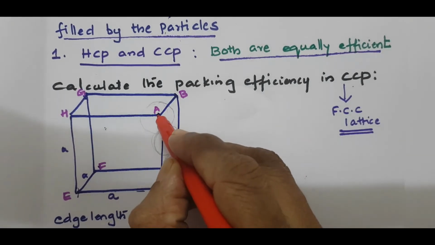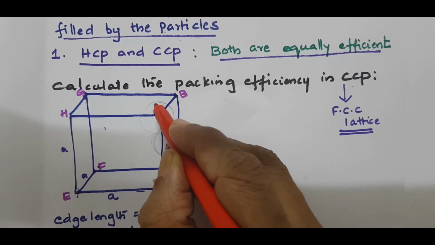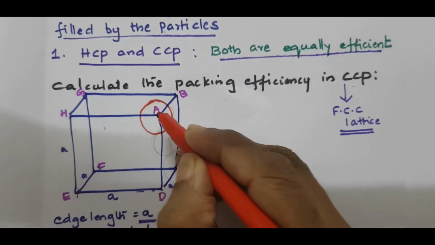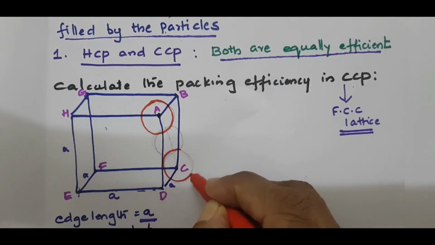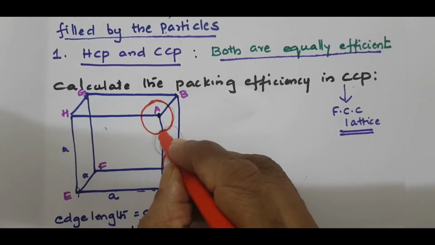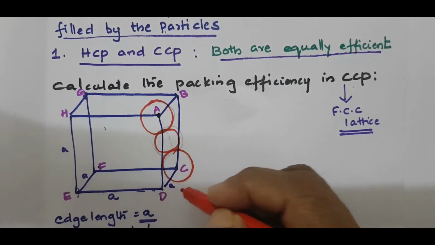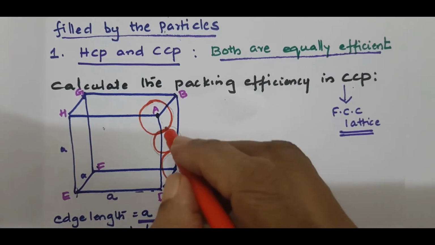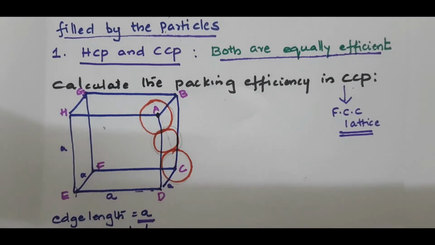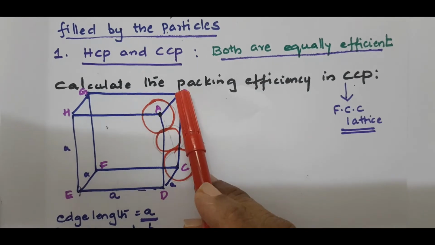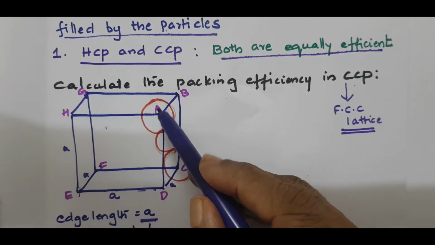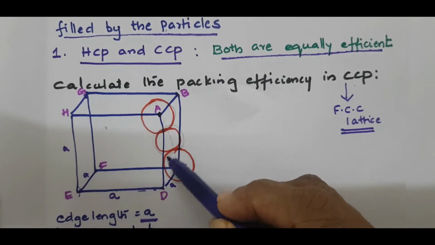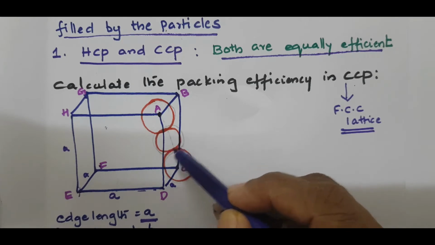That means in this corner we are taking this face. Okay. So there is one atom at the corner. Then at the opposite end of the face diagonal, I have another atom, and in the face, it is again an atom. So I am taking only these three atoms. And I am not drawing all the other atoms in the corners or the faces because it will give you confusion. Okay, so in order to calculate the packing efficiency, I have drawn A at this corner, diagonally opposite the other corner C, and on the face diagonal, there is one atom.